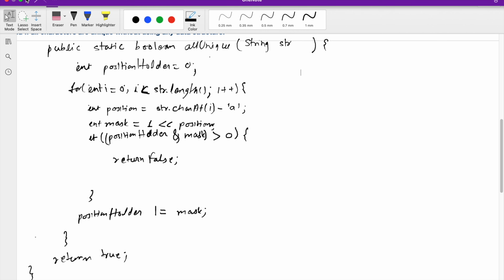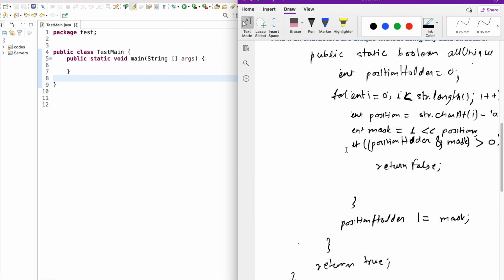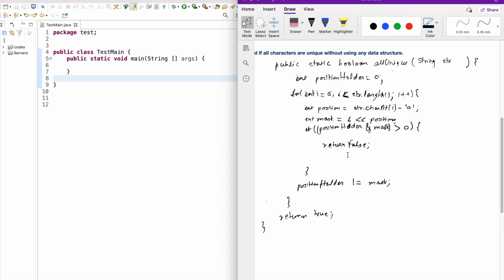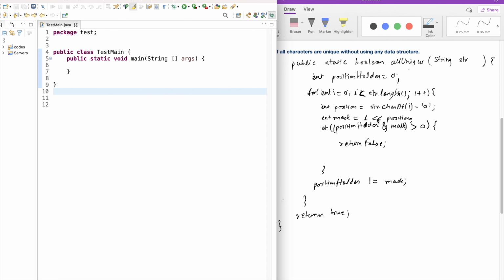Let me open my Eclipse. Okay, and I'll copy exactly the same thing. There won't be any change. So I told you I'm going to use static because I'm calling this from main, and this is a static method, and a static method can only call static methods. That's why I'm making it public static. You can leave it private, or you can make it default, doesn't matter, but I just wrote public static